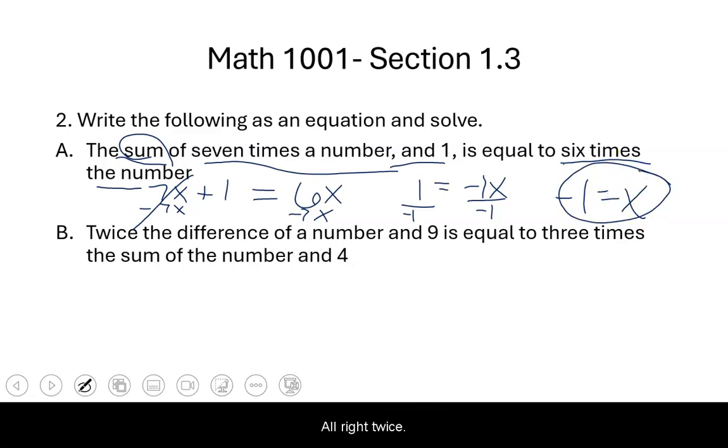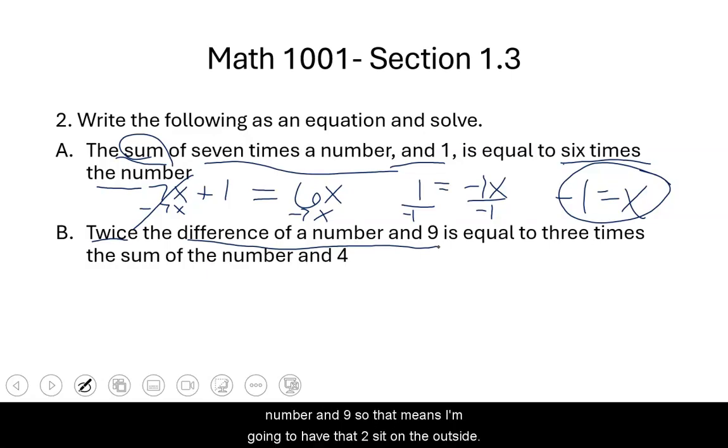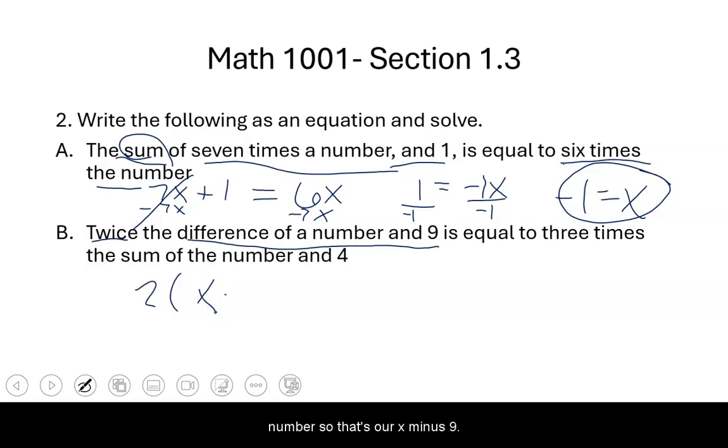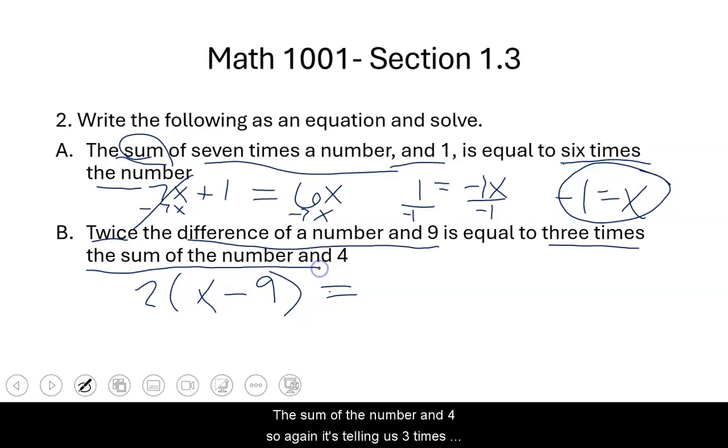All right, twice the difference of a number and 9. So it's telling us again, twice the whole difference of a number and 9. So that means I'm going to have that 2 sit on the outside. And then difference means subtract. So subtract a number, so that's our x, minus 9, is equal to 3 times the sum of the number